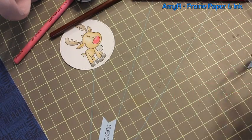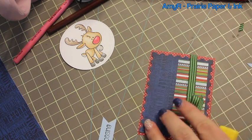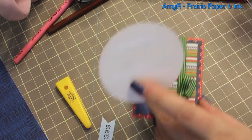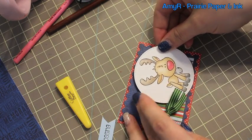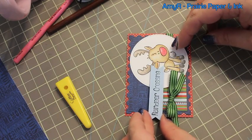It was in my stash, like in the drawer. I just came across it earlier today and I was like, that would go perfectly with this card. So I grabbed it and used it up, and I have none left, and yeah, I don't know where it came from. So I tied that in a bow and then added my little main image to my little card front, and then